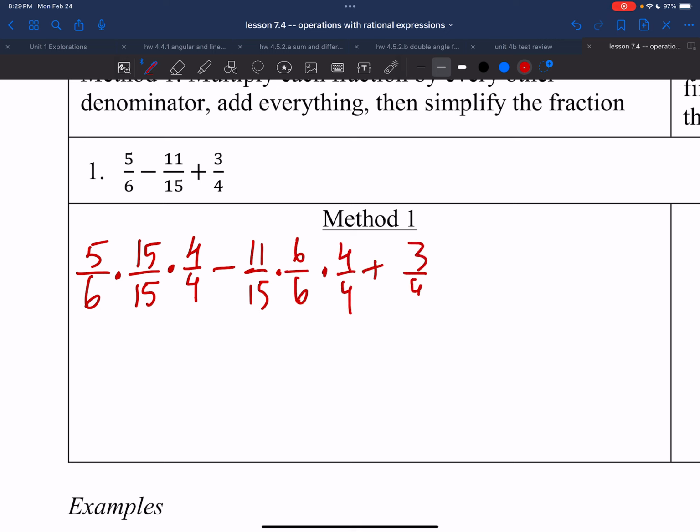And with the 3/4, again, you can guarantee the exact same common denominator by multiplying by 15 over 15 and 6 over 6. But without a calculator, tell me what 6 times 15 times 4 is, and what 5 times 15 times 4 is, and what 11 times 6 times 4 is, and what 3 times 15 times 6 is,